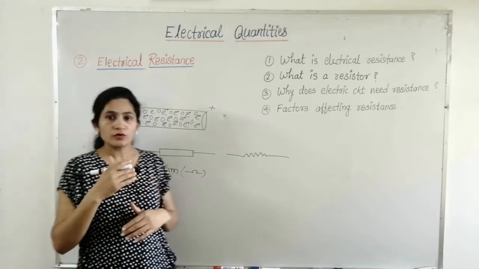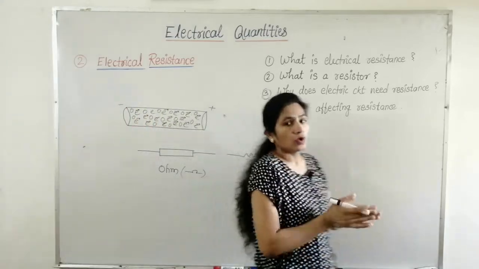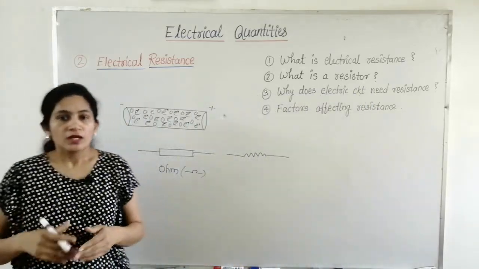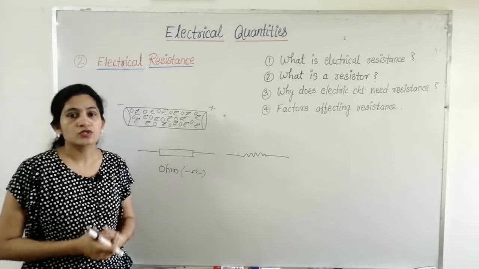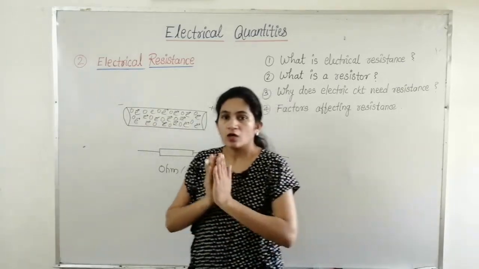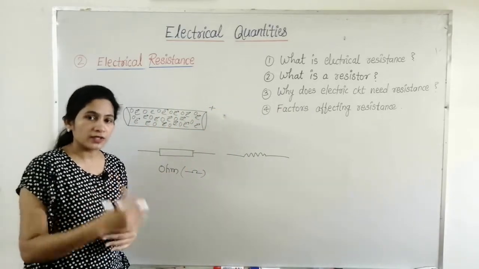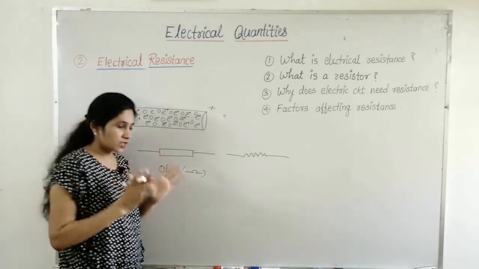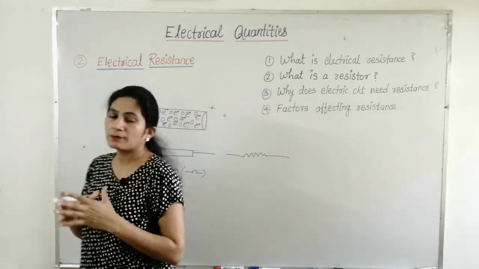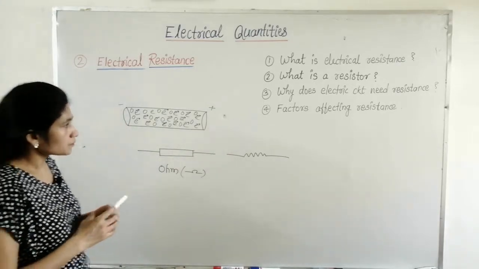Electric resistance is not only used to control the amount of current in a circuit but also used in many electrical appliances. The examples are electric geyser, electric heater, toaster, electric oven. All these appliances work on the principle of electric resistance. When electric current flows through a resistance, it produces heat, okay. All these appliances convert electric power into heat, which is used for different purposes.